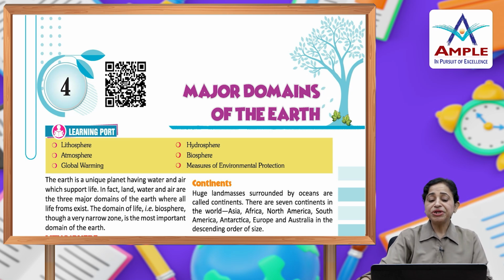The earth is a unique planet having water and air which support life. ये तो आप जानते हैं क्योंकि सिर्फ अर्थ पर ही जीवन संभव है, क्योंकि वहाँ हवा है, पानी है, इसके बिना हमारी लाइफ संभव नहीं है, तो इसलिए अर्थ पर जीवन संभव है. In fact, land, water and air are the three major domains of the earth where all life forms exist. The domain of life, that is biosphere, though a very narrow zone, is the most important zone